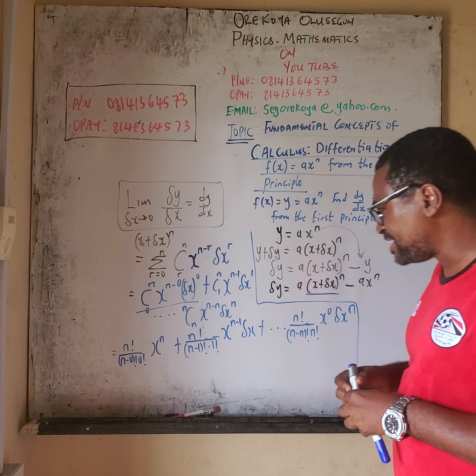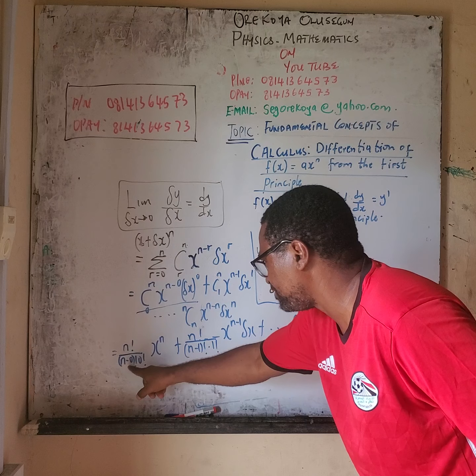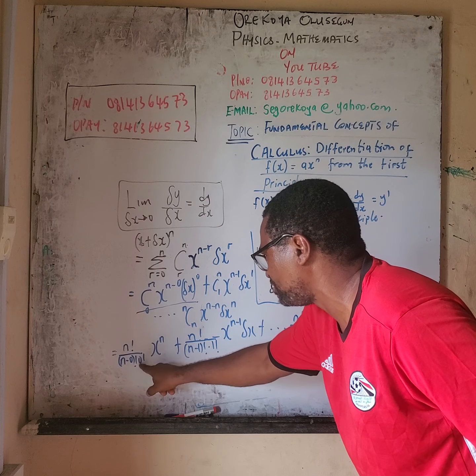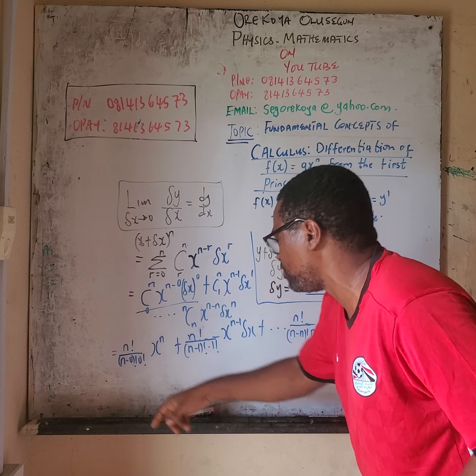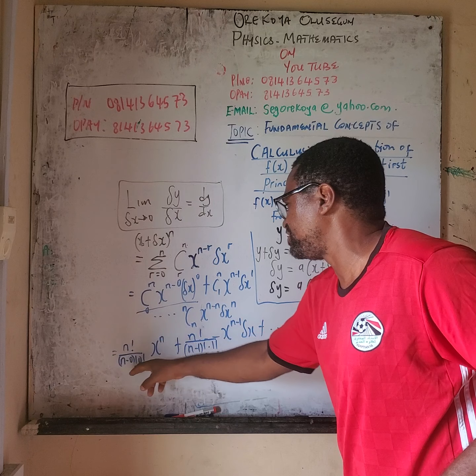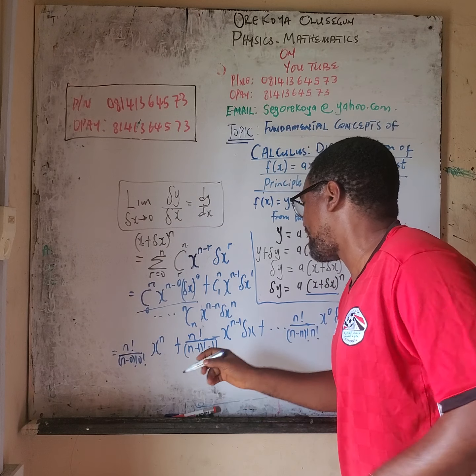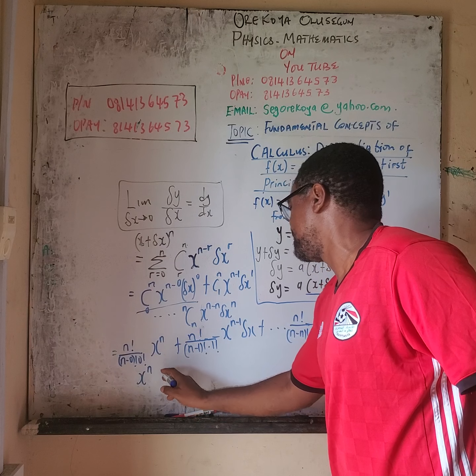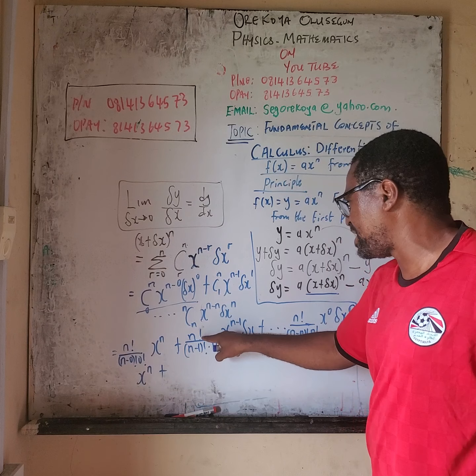Now, if you look at this place here, n minus 0 factorial is n factorial. N factorial cancels n factorial. And 0 factorial is 1. So everything here will be 1. So that means the coefficient, the Pascal coefficient here is 1. So I'm having x raised to power n, then plus, if you look at this one now,